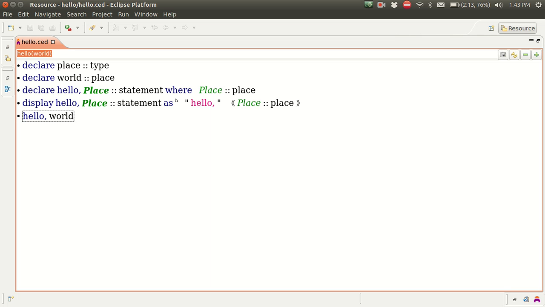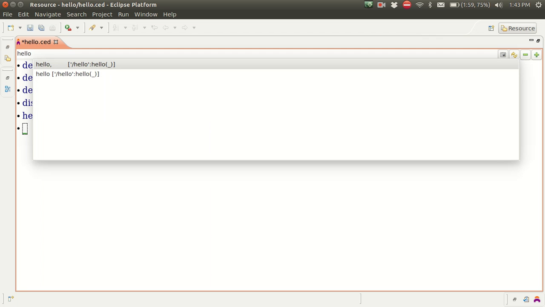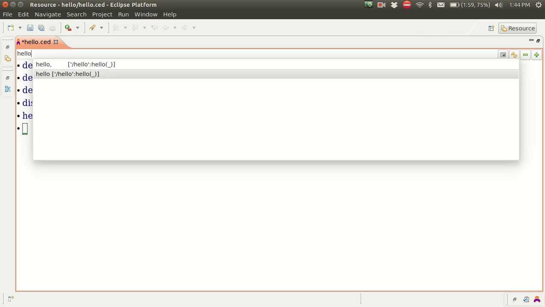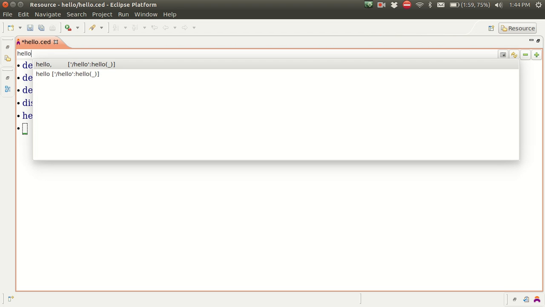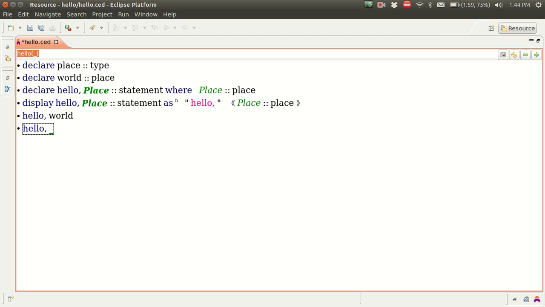Now I can say hello to anyone. I insert another statement and write hello, and when I hit Control and space to get a menu of options, I can see two hellos. They both represent the same thing. This hello comes from the declaration, and this one comes from the syntactic definition. I click either of them and